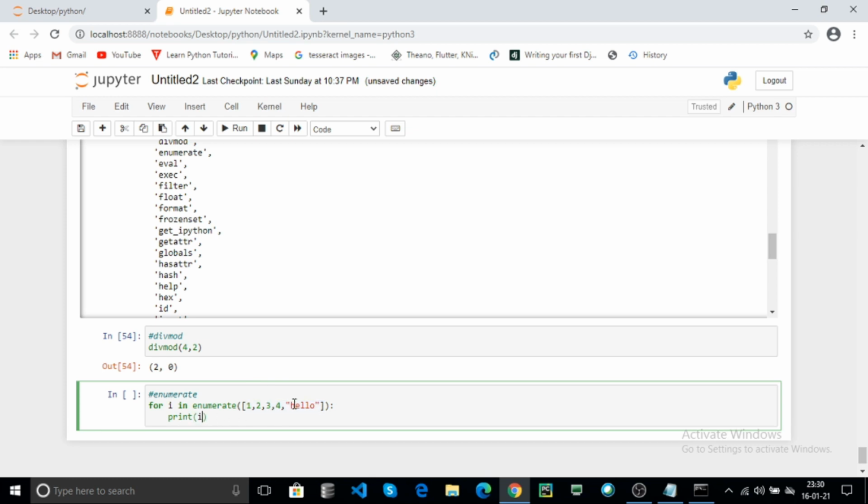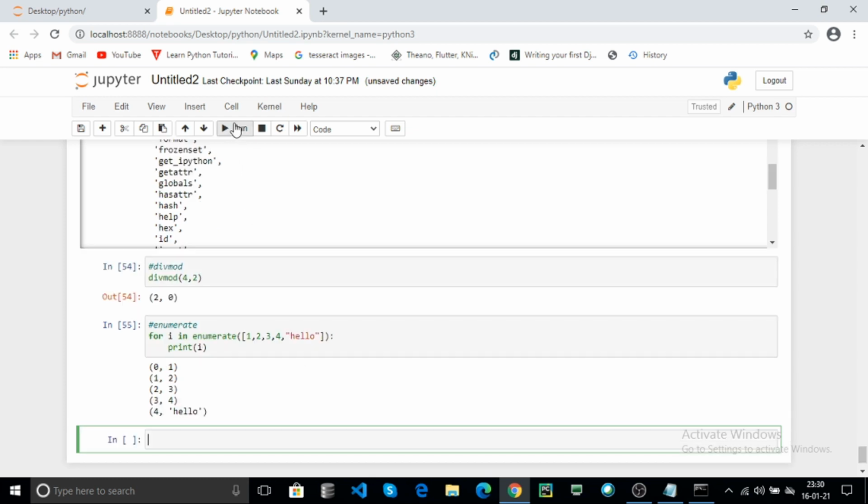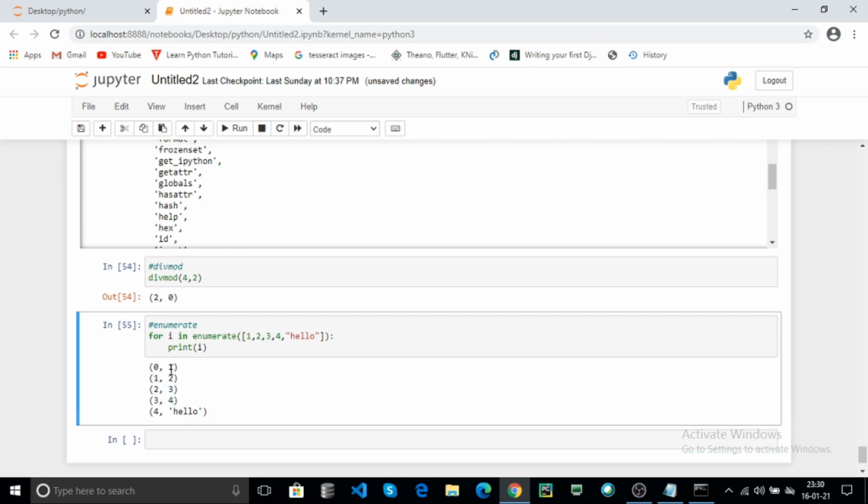Now print i, click on run. Here these are your Python list items 1 2 3 4 hello. Here 0 is the first counter value, 1 is the counter value, 2, 3 and 4 are the counter values. It adds a counter value to every item in your passed object.